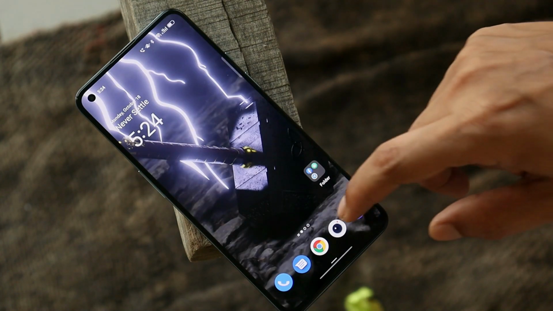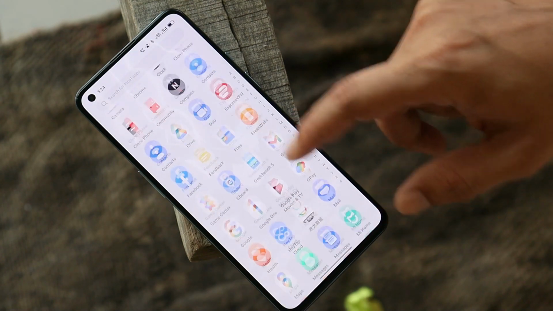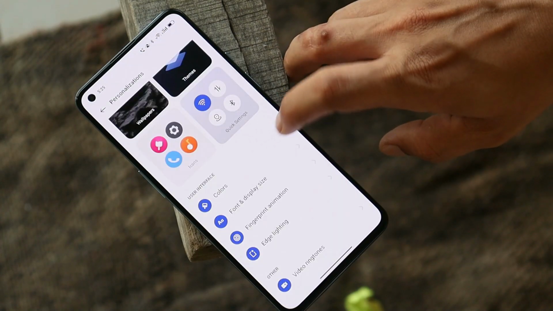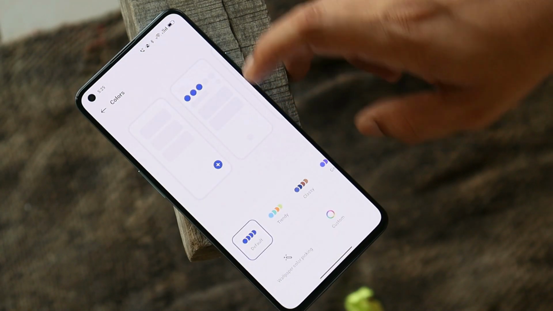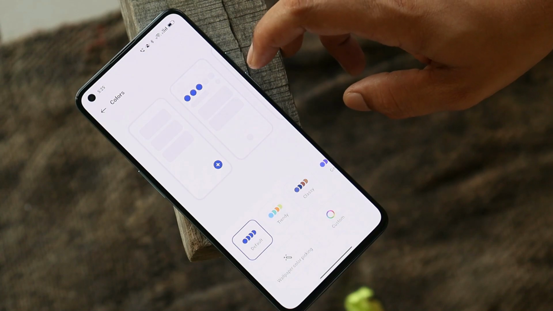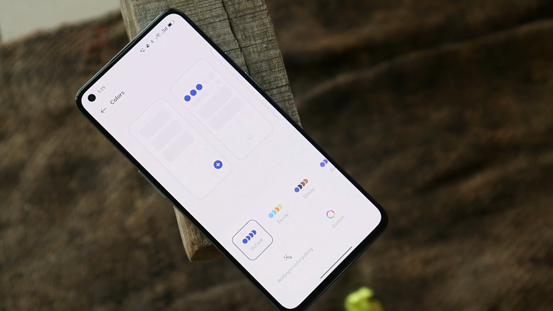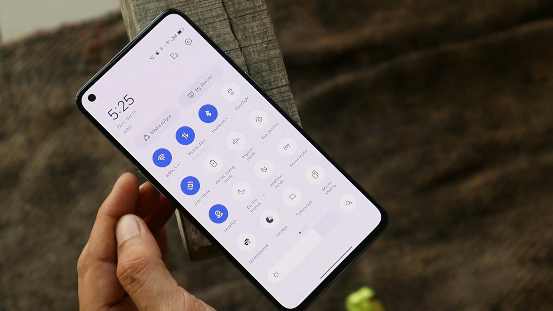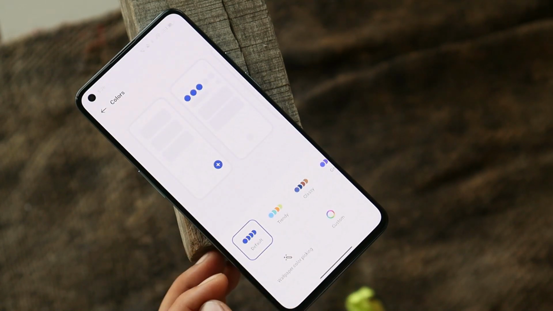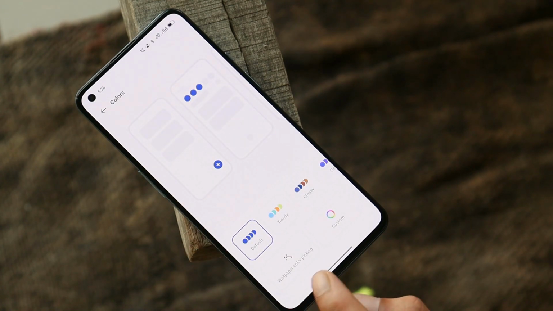And now let's talk about one of my favorite features which have been added on ColorOS 12. And that is this colors option, which you can find in the personalization section. So if you guys are aware of Material You theming on Android 12 for Pixel devices, it kind of works similar, but not exactly like Android 12 from Google. So here, depending on the wallpaper you have selected, the device will change the accent color. So right now you can see the accent color, and here we have an option called wallpaper color picking.